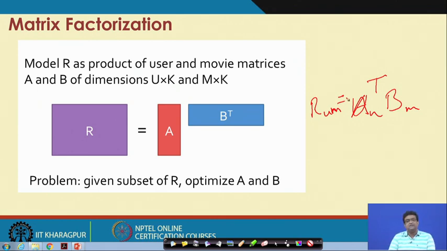So, this is the setting of collaborative filtering.